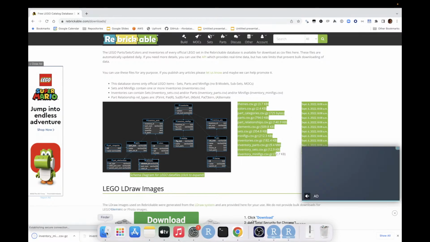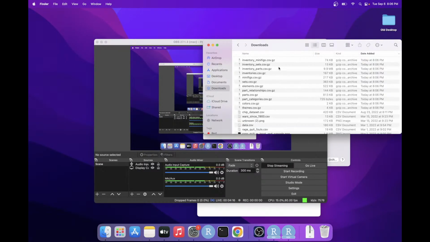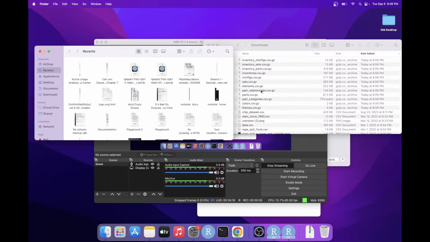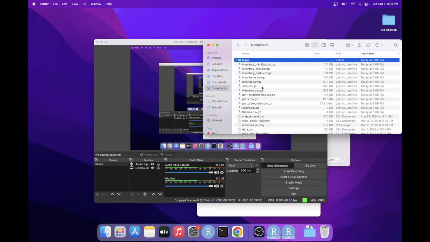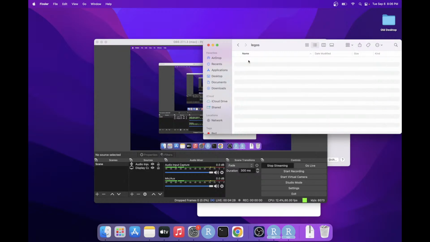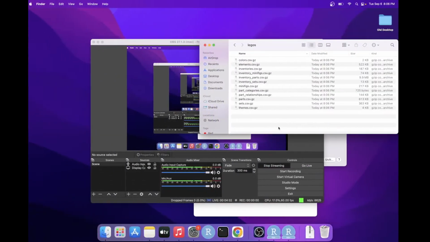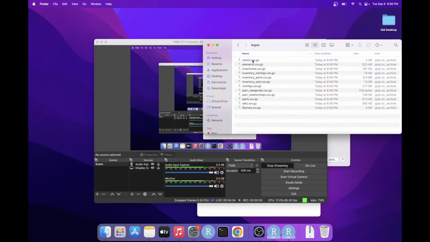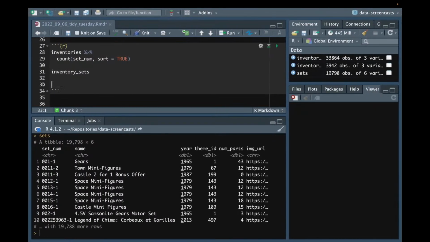These really weren't that slow. And let's do downloads and Legos. Here we go. All right, let's put it in. Okay, let's actually unwrap. I could just click on all of them, but let's go ahead and unwrap them